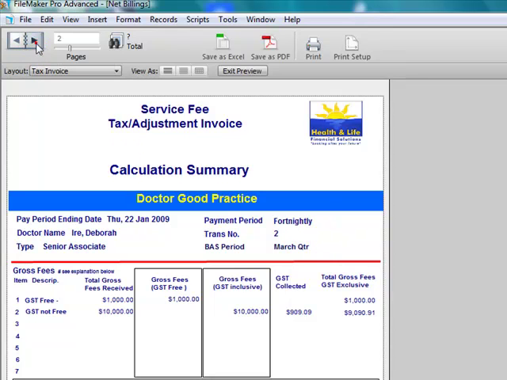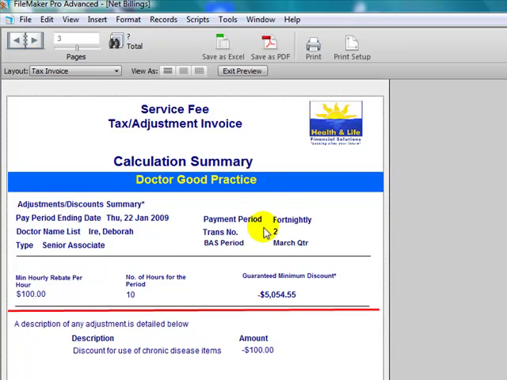There's one other report that we do, and you may find from time to time you have adjustments. So part of the calculation summary sheet, we've actually provided a way to show how you calculate adjustments on the provider's income. And how we do that, there's 2 components to this, and we'll show this in our calculation sheet summary. If you are going to be offering a guaranteed minimum, let's say $50 an hour or 50%, whichever is the greater, then the doctor's pay calculator will actually calculate